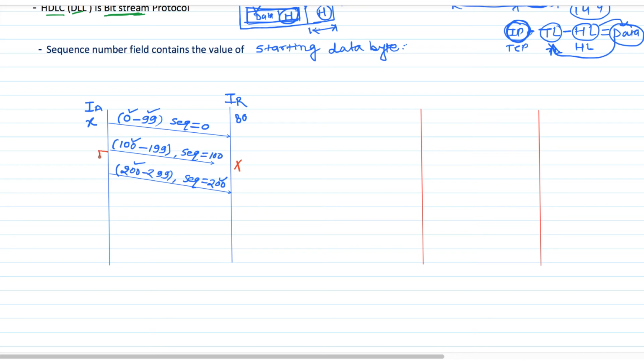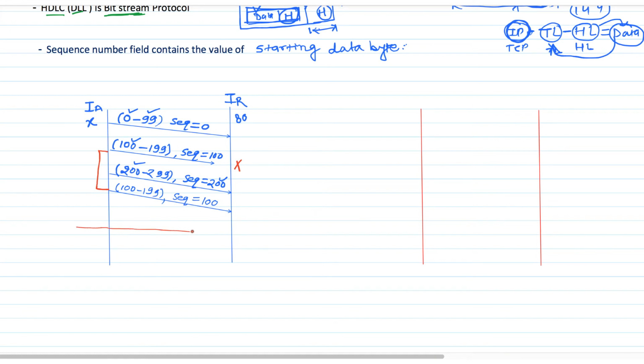So after a timeout, the sender is again going to send the same 100-byte stream, means data bytes from 100 to 199 with sequence number 100. And after forwarding these data bytes, this connection is terminated.